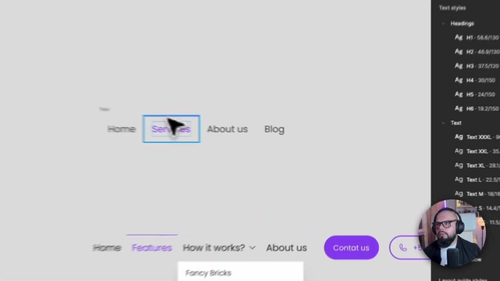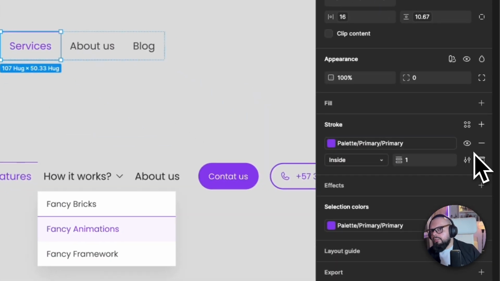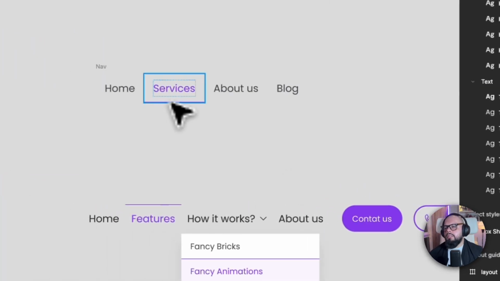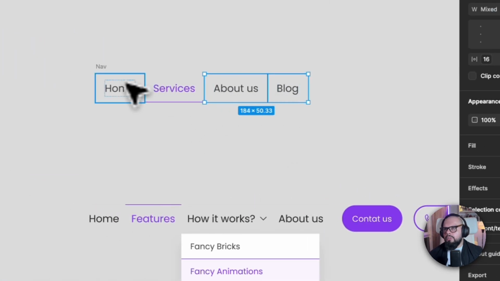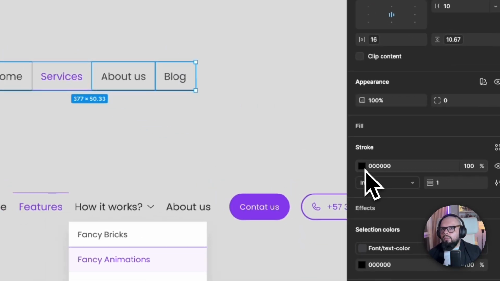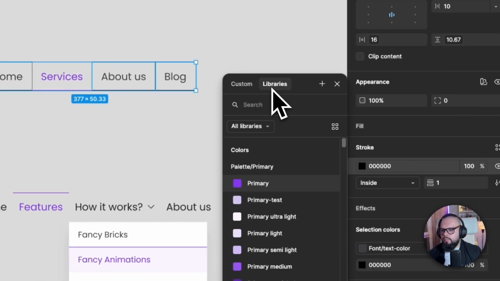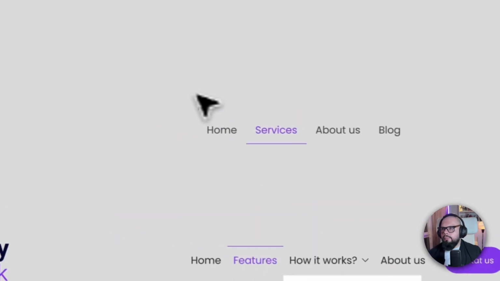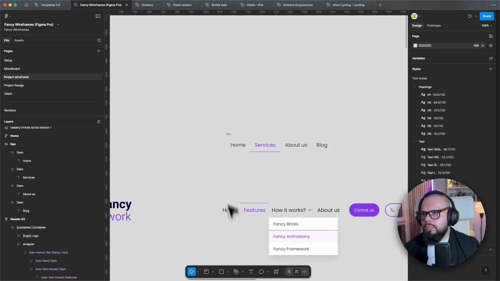Alternatively, to achieve a more traditional look, for instance, we could apply a bottom border like this one, which would also be the most traditional approach, or we could simply add a bottom border with a specific color to all of them. In this case, I'm going to apply a border color that's light. There we go. Now, all of these elements here have